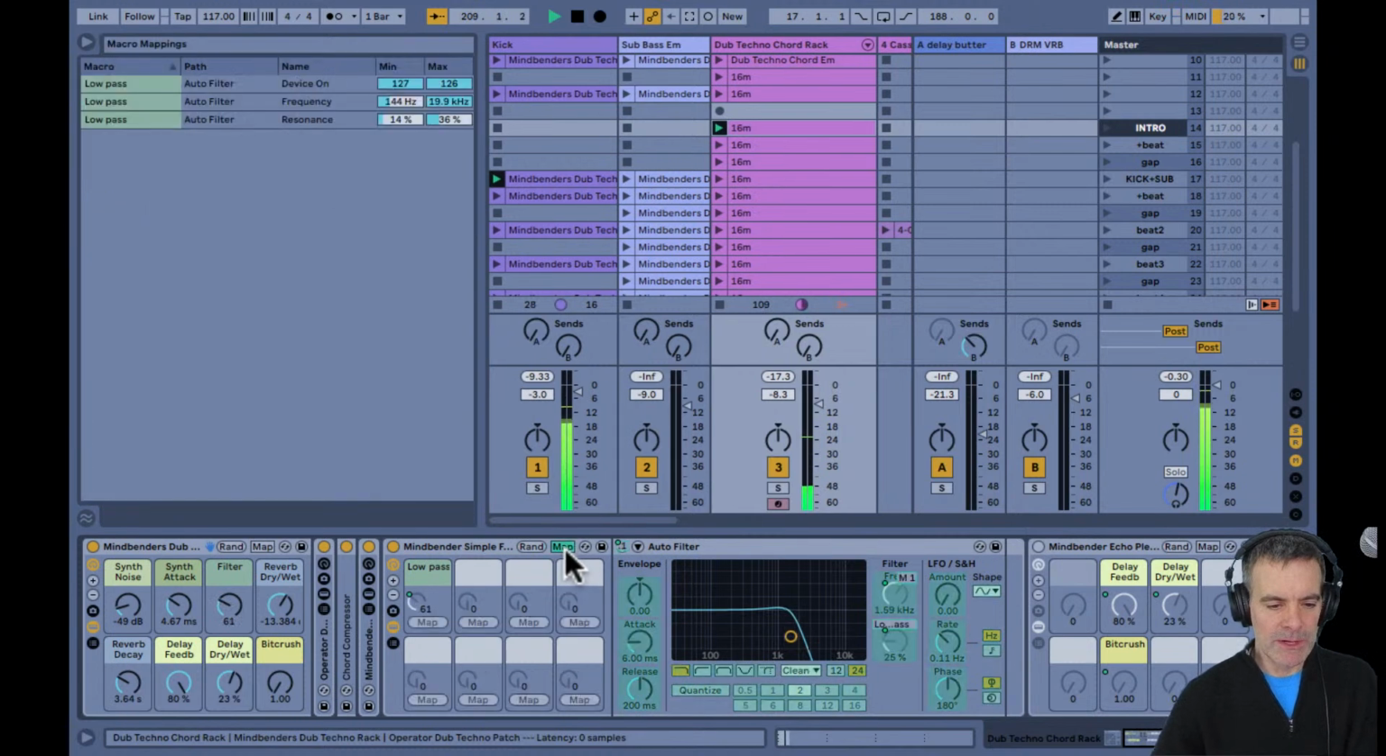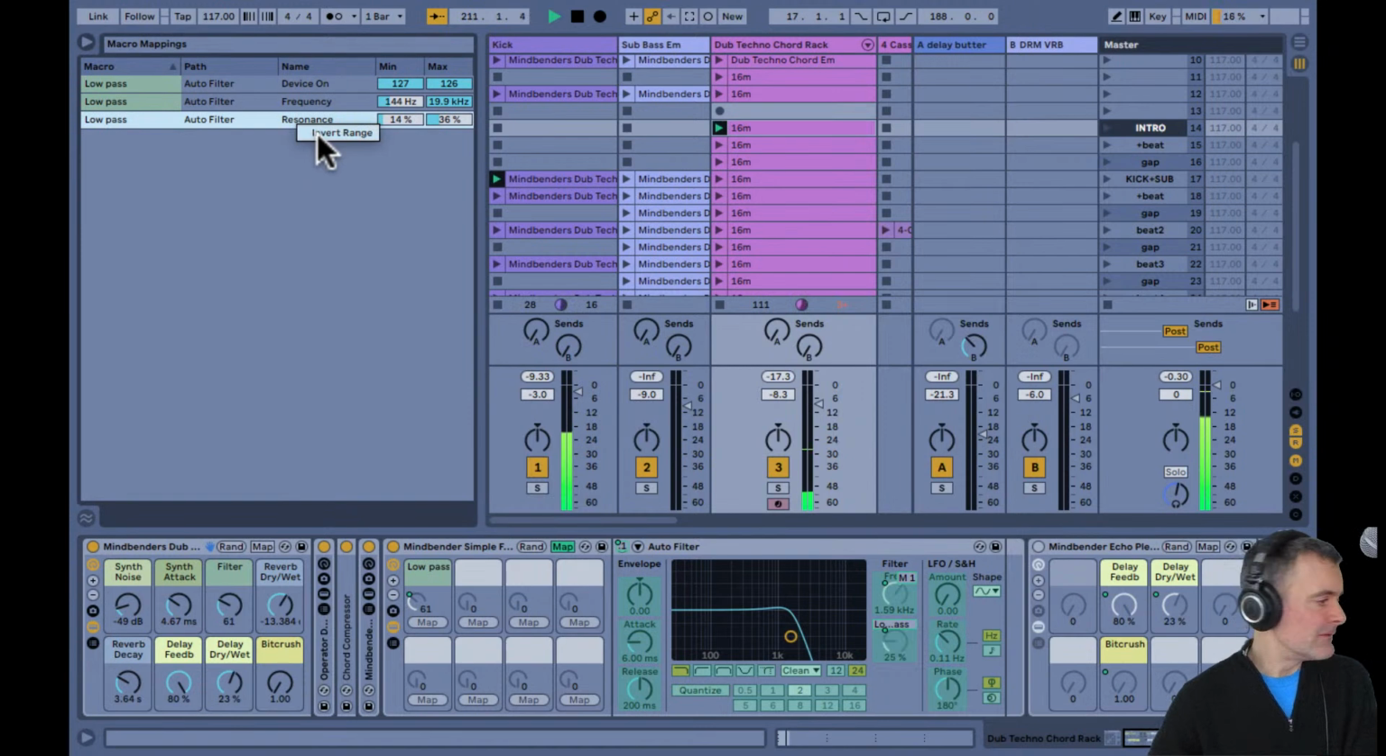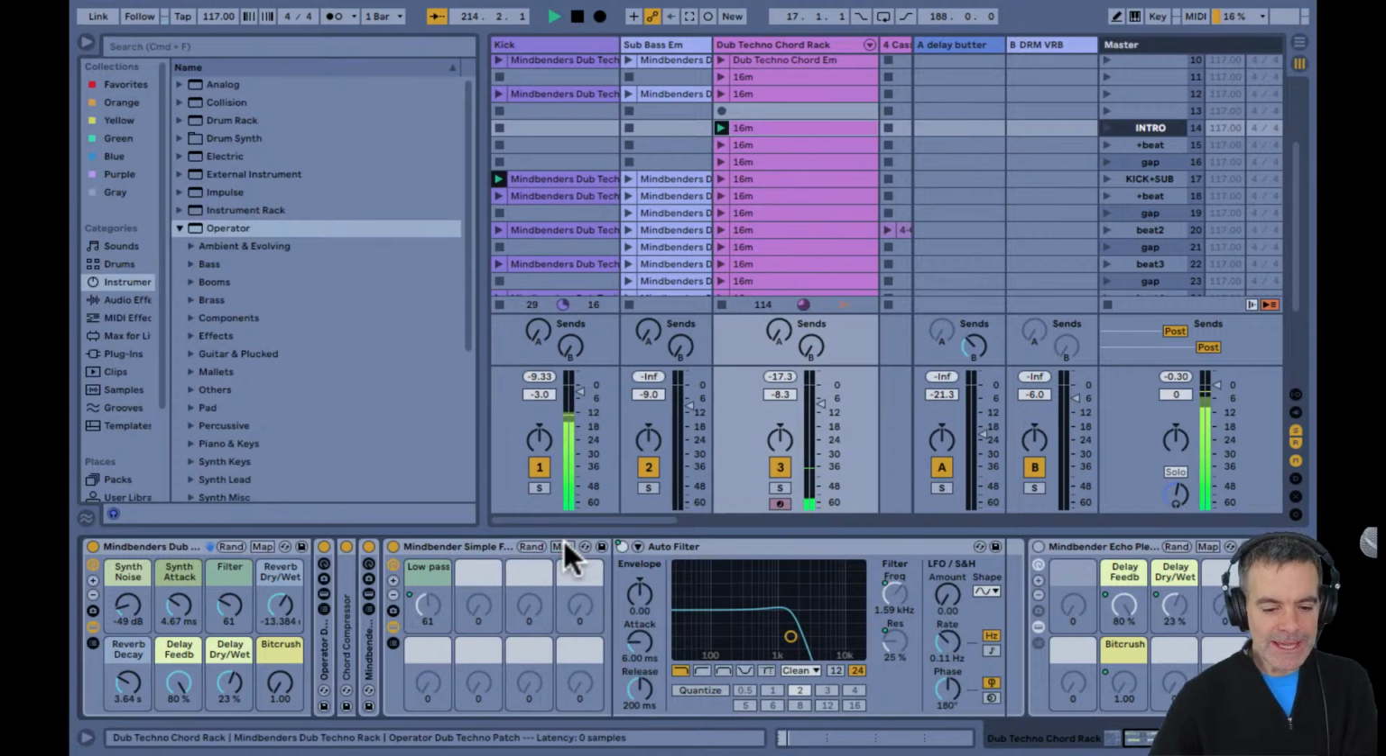That's not what we want because we don't want screechy, squeaky resonance. So I right click on here, invert range. I hope you can see the invert window pop up when I right click on that. And that's a really handy way to get a complex filter sweep sound with just one knob control, and then